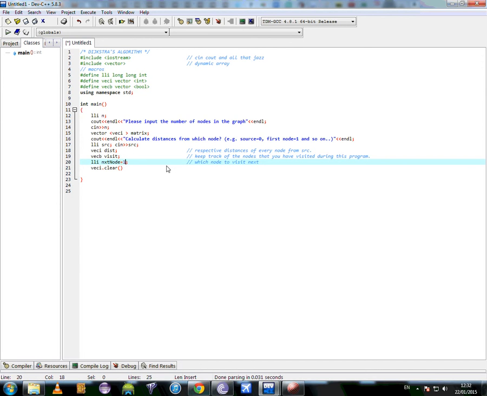Equal to 1, because vec I dot clear, you don't want any values here. Vec, oops, I need to mention the name. Dist dot clear, visit dot clear,